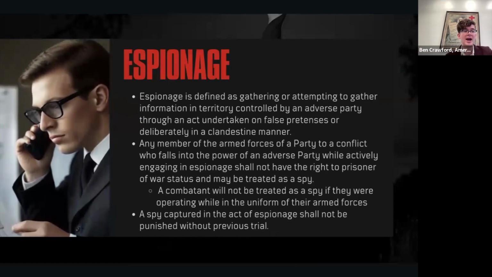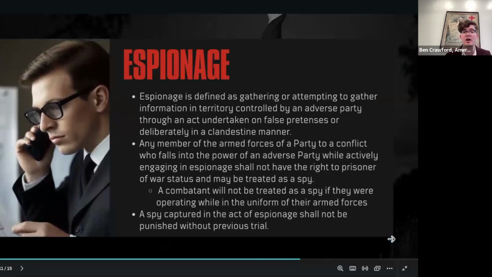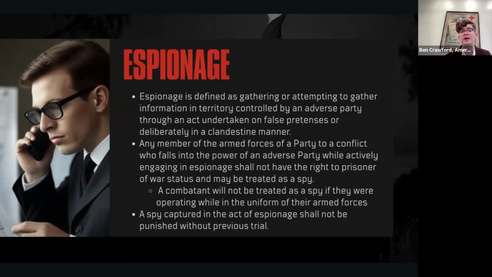Finally, we turn to espionage. Espionage is defined as gathering or attempting to gather information in territory controlled by an adverse party through an act undertaken on false pretenses or deliberately in a clandestine manner. Any member of the armed forces of a party to a conflict who falls into the power of an adverse party while actively engaging in espionage shall not have the right to prisoner of war status and may be treated as a spy. However, a combatant will not be treated as a spy